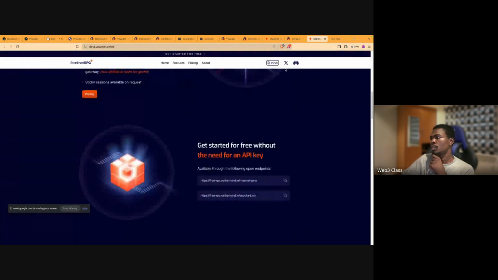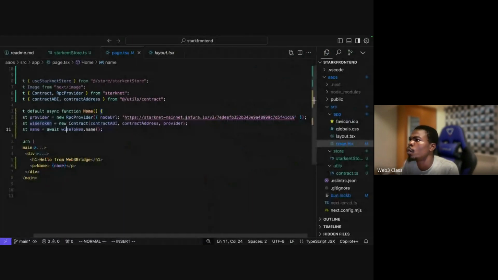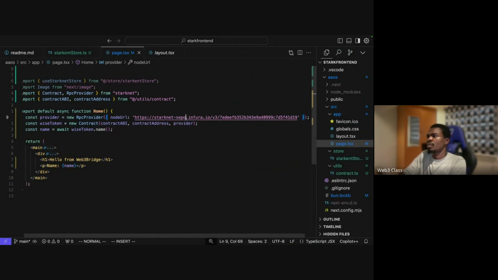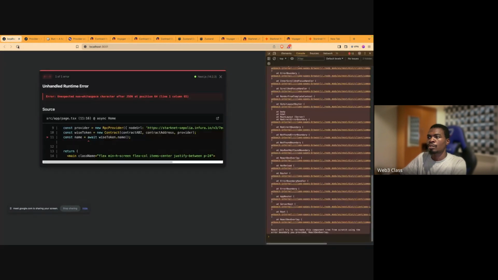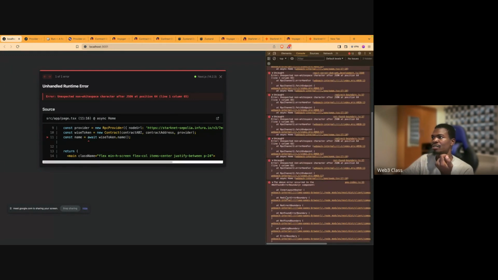It's, this is Sepolia. Oh, this is mainnet. Expected non-white space character after JSON at position 64. What's